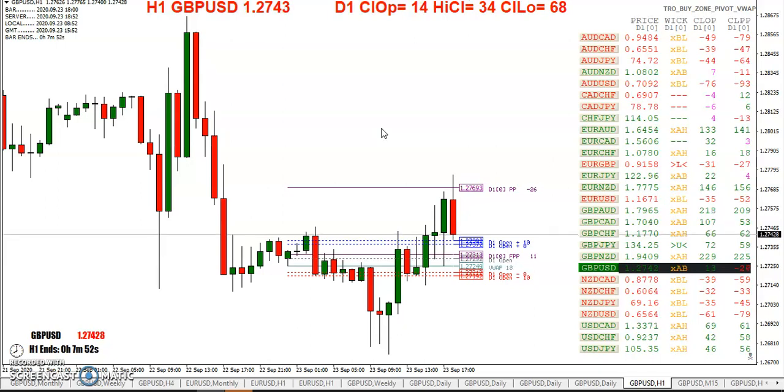Once again, you have to figure out, do you want to trade away from the open or towards the open? There is no best way. You have to find out which way works for you. And somebody asked this, can you use these on other pairs, because they keep seeing me doing videos with the pound. Yeah, these methods work with all of the pairs, but some pairs it works with them better because of